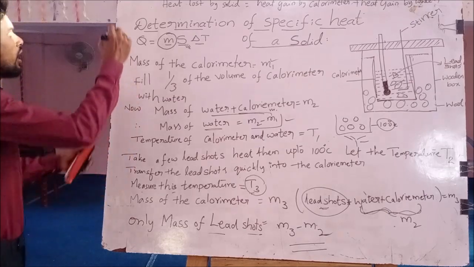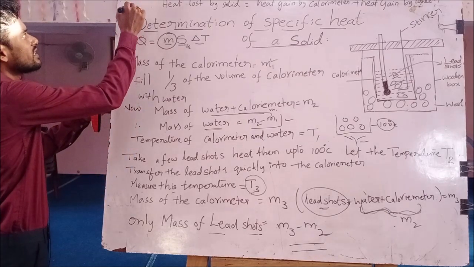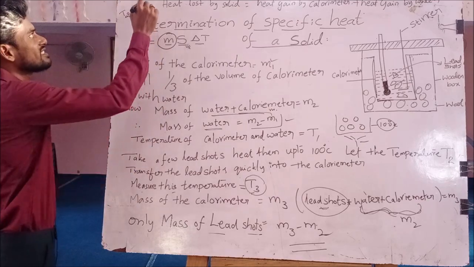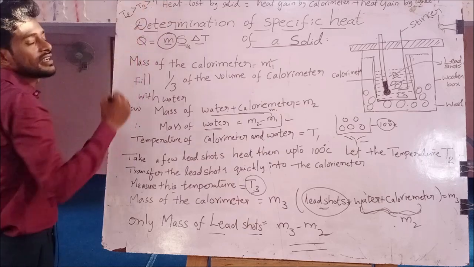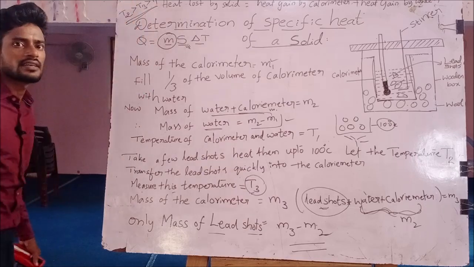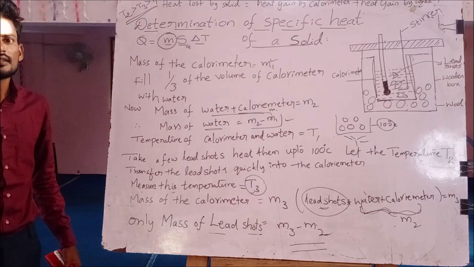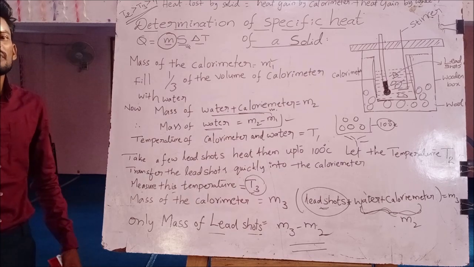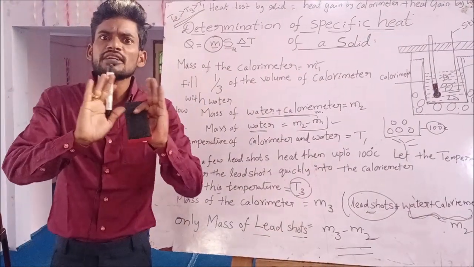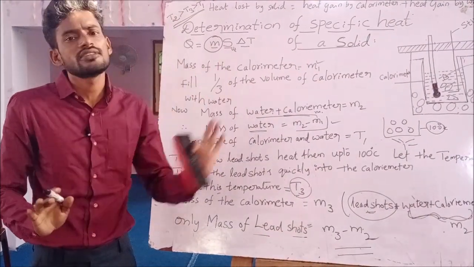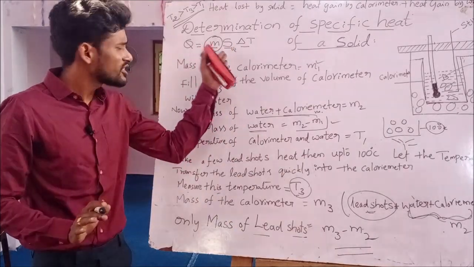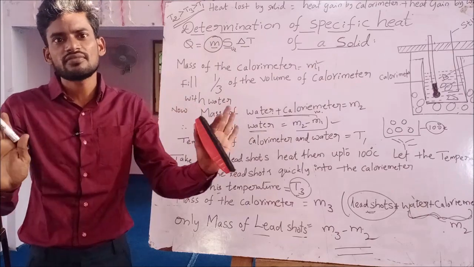You have to remember, always T2 is greater than T3, and T3 is greater than T1. You have to remember this, right? Now apply the method of mixtures formula here. Do remember, students, always Q should be the product of MST. Here different masses, different temperatures, and different specific heats are there. You have to substitute. That's enough.